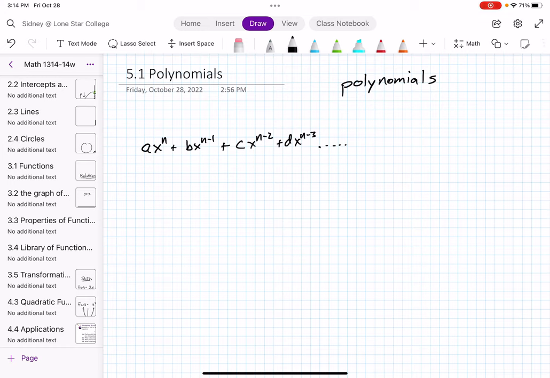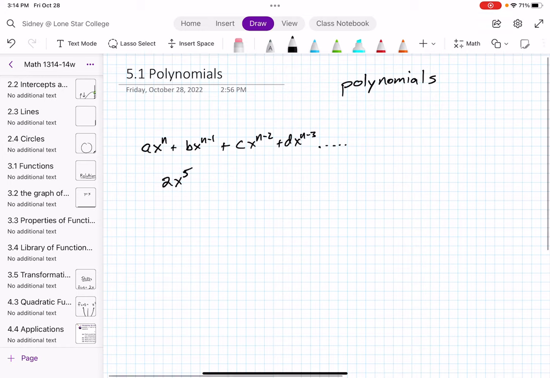So this is the textbook definition where A, B, C, and D, and so on are just coefficients, just numbers, real numbers. And n minus 1, and minus 2 are the exponents on those. So that is what the textbook gives you, but an example which may make this feel a bit better for you might be something like